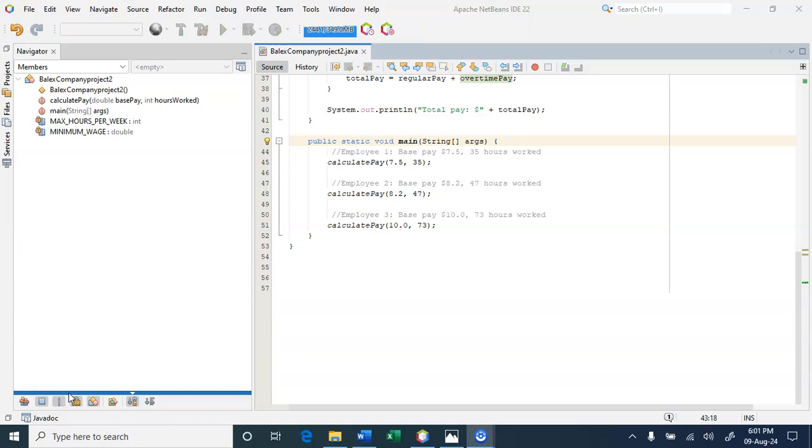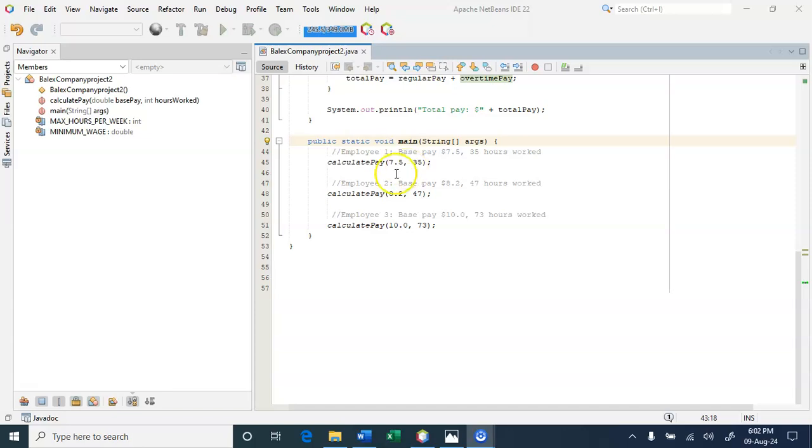For example, employee 1 has a base pay of 7.5 and worked 35 hours. Since the base pay is below the minimum wage, an error message is expected.